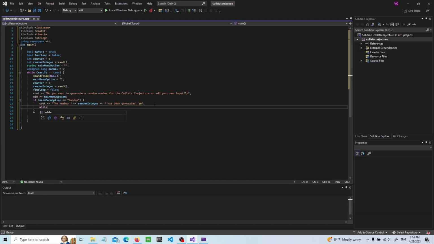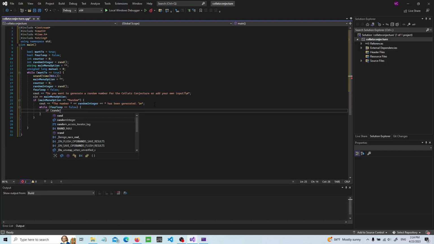So now we make the while loop, which is when we're actually going to make the calculation stuff, like the changing numbers. So we had a while loop that if the random integer